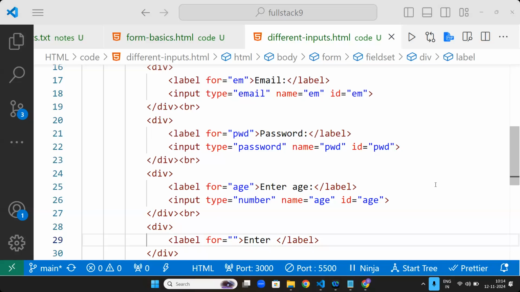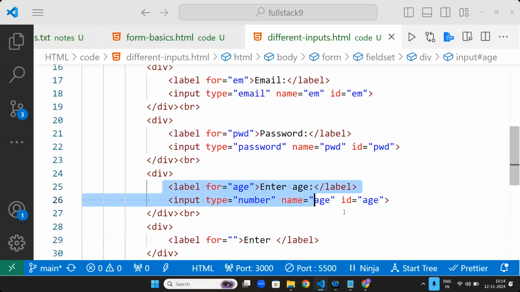We are discussing different inputs, and we have discussed one new input, which is like age.